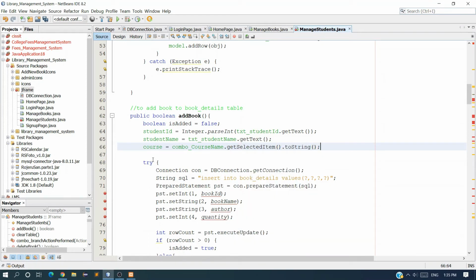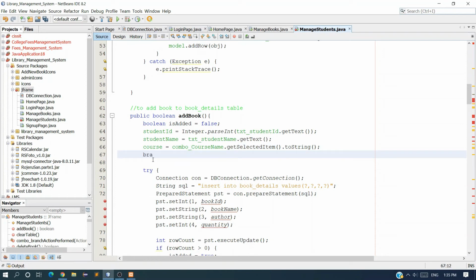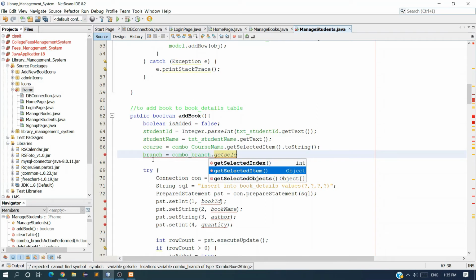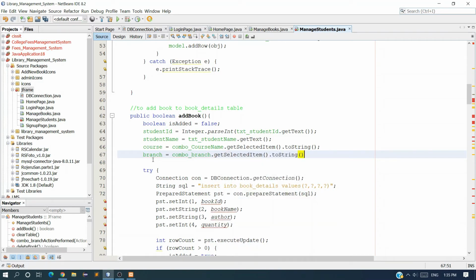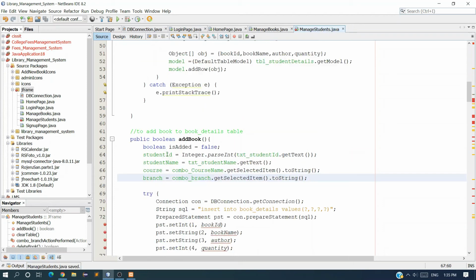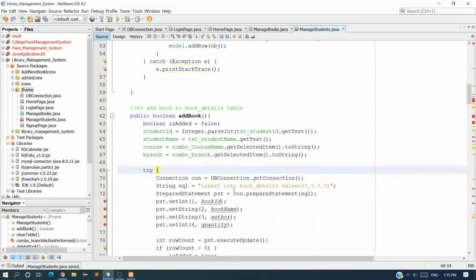We have to convert it into toString. And the next one is branch. So branch is equal to combo branch dot get selected item dot toString. And here also toString, and this one is the add book method.